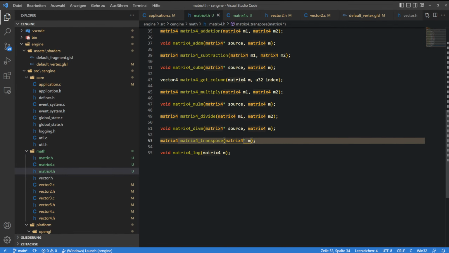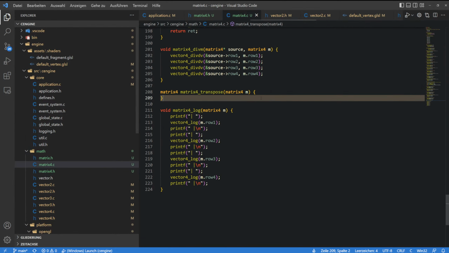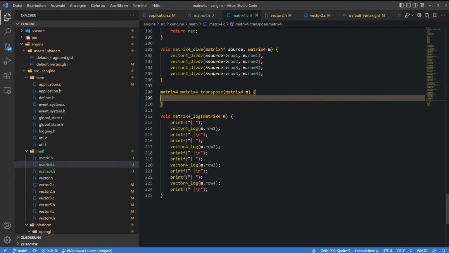Where's transpose here? So transposing, what we do is